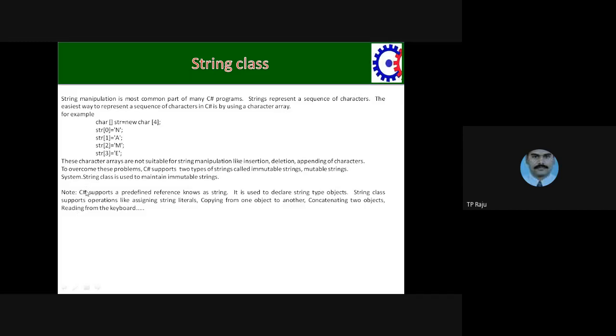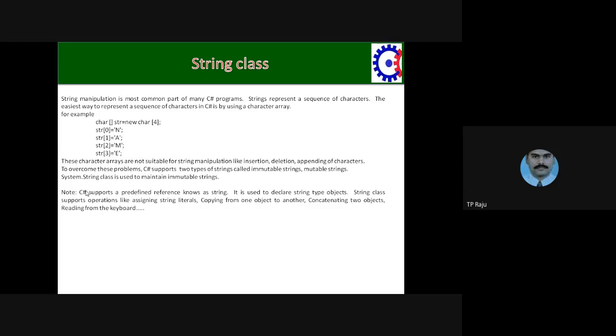And one more point, C Sharp contains references for two classes. One is for the Object class, second is for the String class. If you write the String class name with the first letter capital S, it is called the String class. If you put a small s, it is called an alias or duplicate name, a reference name. That is string. Both are the same.